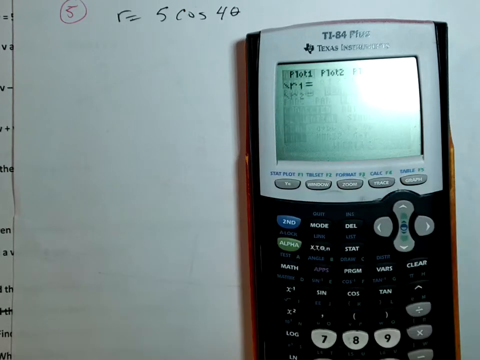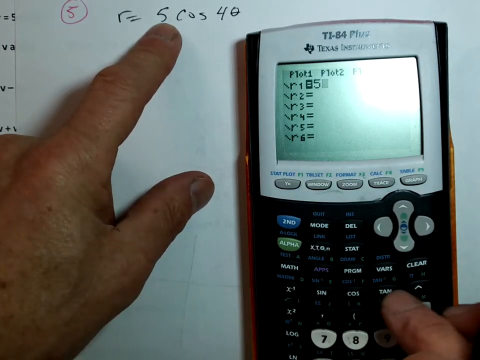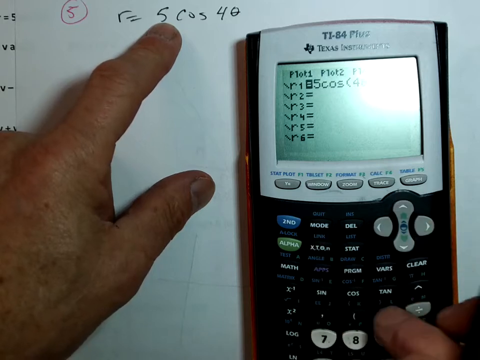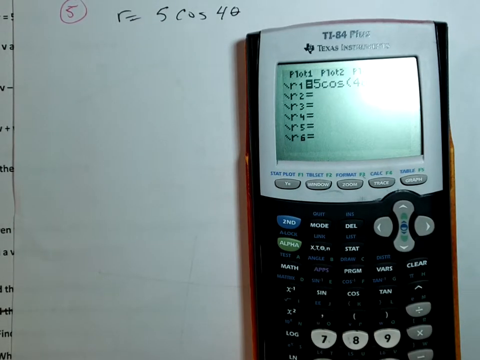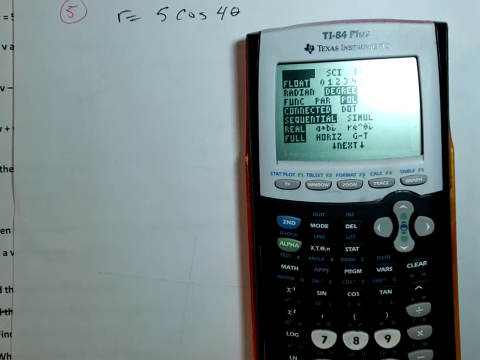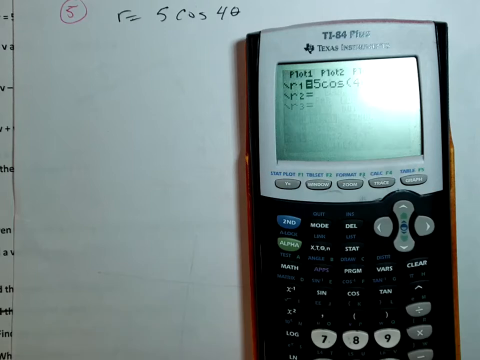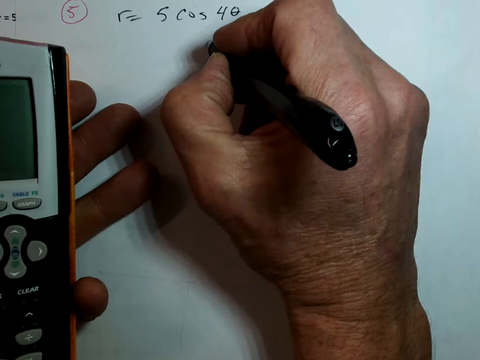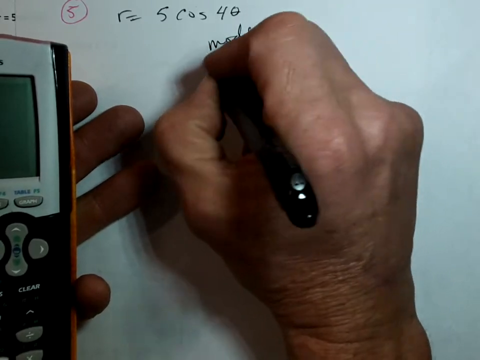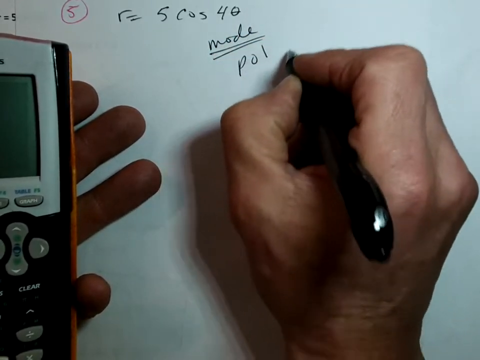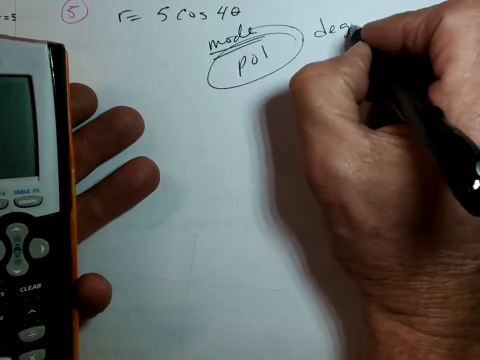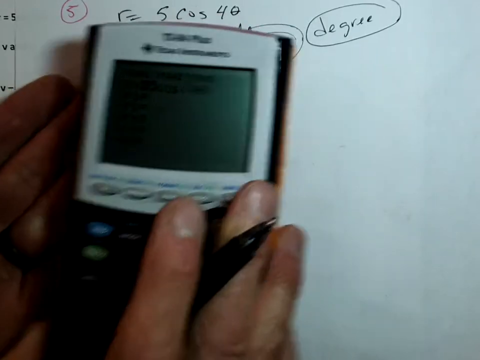We'll go to y equals, which is now r, and I'm going to enter 5 cosine 4 theta, right? With me? But I don't understand how you get to the r's. Did you go to your mode and change it to polar? Once you change it to polar, you'll get your r, okay? So now, we decided to go to degrees. So watch this. Go to your window. Make sure you go to polar mode, and then if you decide to go degree, then when you go to your window,